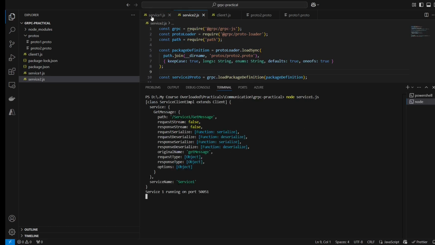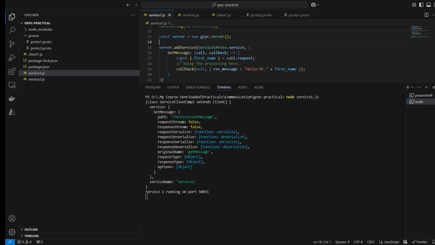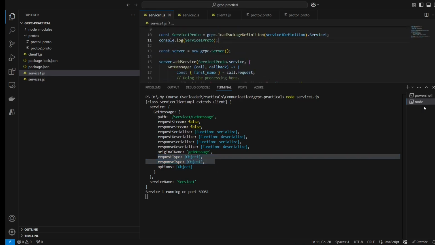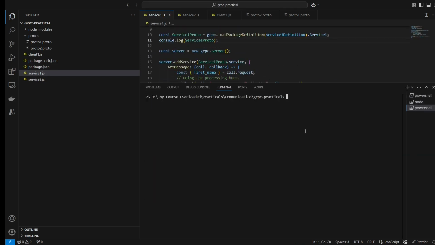So our service 1 is ready, and we have registered the service 1 method, getMessage, and here is the object which we have logged. For the service 1 proto, we have logged the path, the way we would be calling it, and the request and the response types.